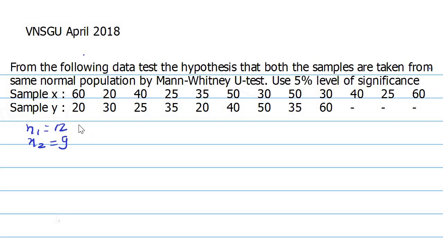In unequal sample sizes, Mann-Whitney U-test is an alternative to the parametric test of T of independent samples. Instead of using independent sample T test, we can use this test. So how will we apply this test? For that, first we have to rank the observations of the samples, and we will rank by considering both the sample observations together.